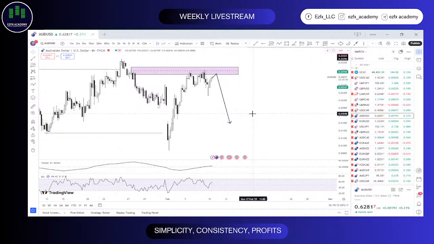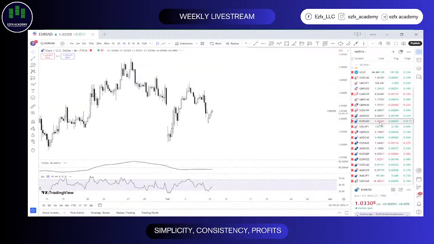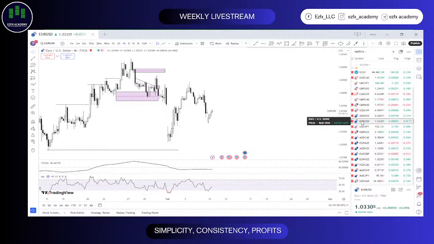I expect we should have AUD USD drop from around where we are right now. So the current supply region is between 0.63082 and 0.62885. That will be my POI for the sells off of AUD USD. Now that is clear, quickly let's do EU, then USD JPY, and then after this, if anybody has dropped a pair for us to look at together, we'll do that. And if not, we'll be ending it after USD JPY.